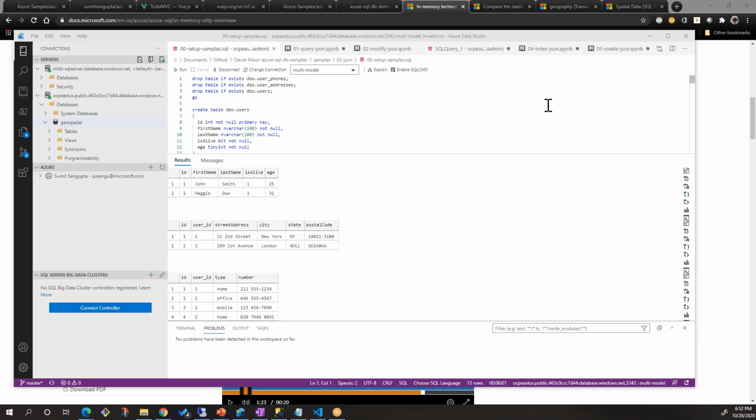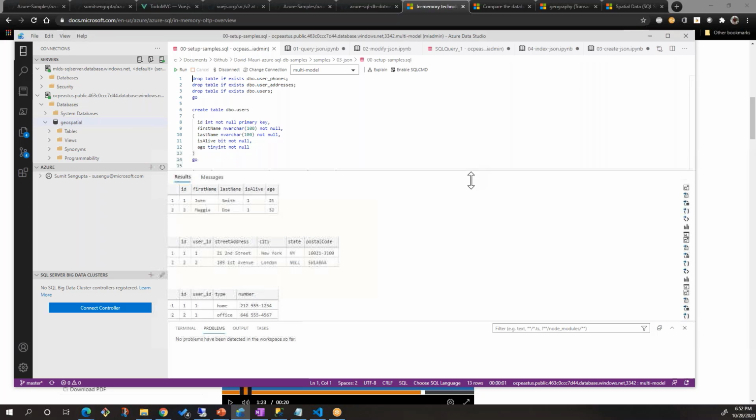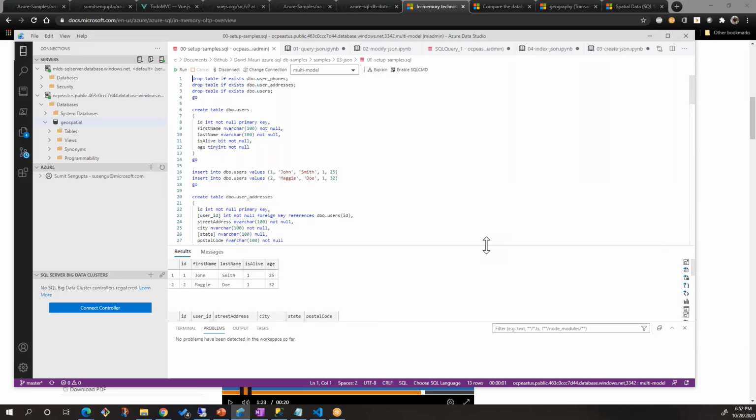Okay, so let's lower this down. So this is Azure Data Studio. By the way, if you're not using it, you should by all means. For one reason, it's very extensible. This is one tool that will connect to, for example, SQL as well as Postgres databases, if you would like. We don't have a MySQL extension yet.